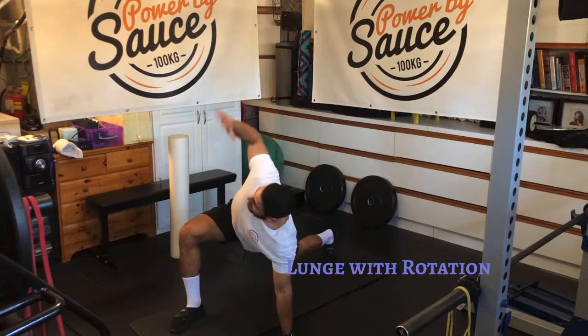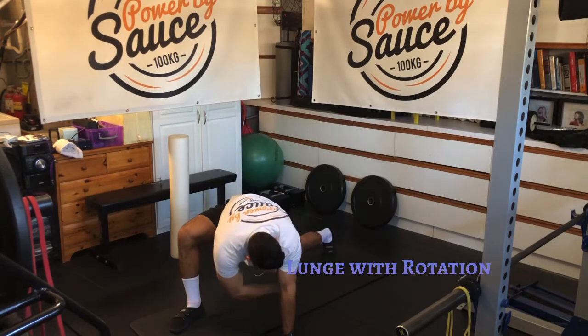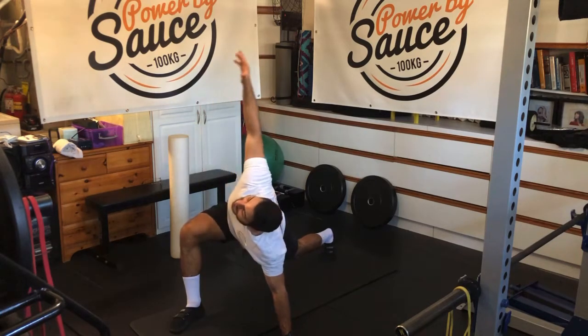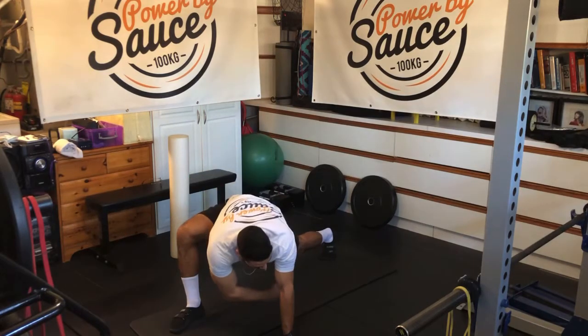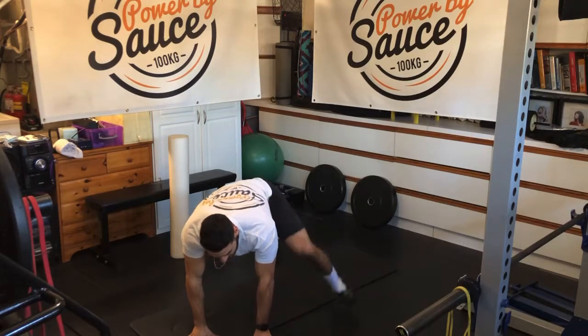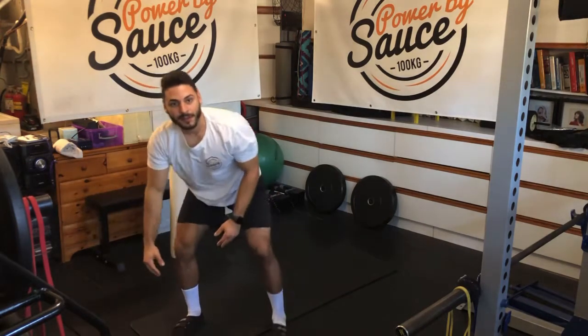Push away, reach up, and then reach down. Try to get the elbow down and reaching underneath this arm again. Holding each for about a 3 count, and we'll do about 5 each side. And then we'll switch. You can either switch like this, or you can come up and switch,